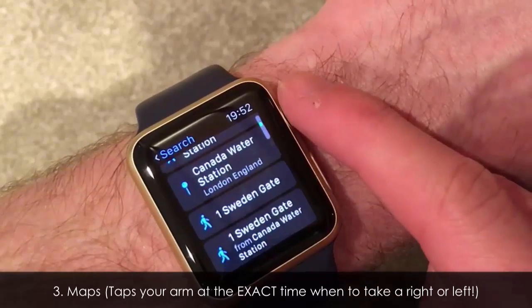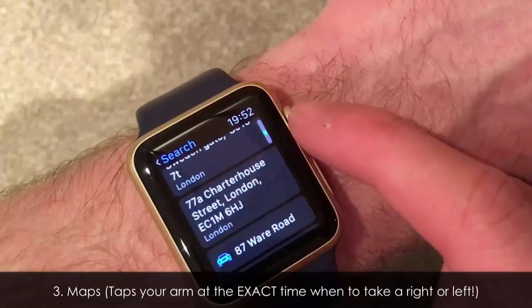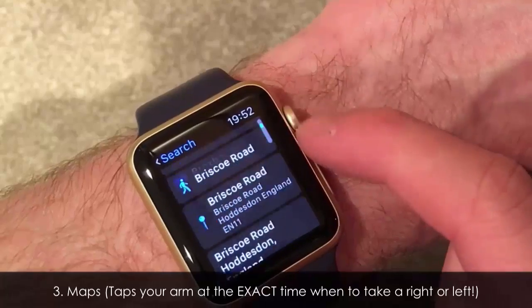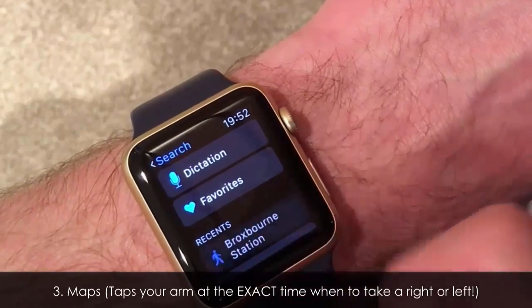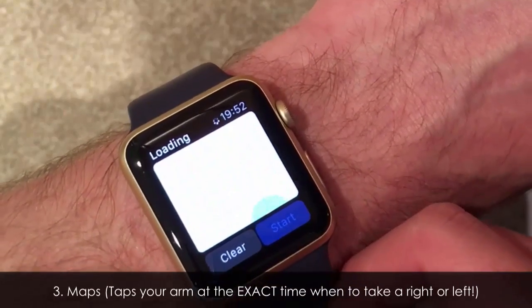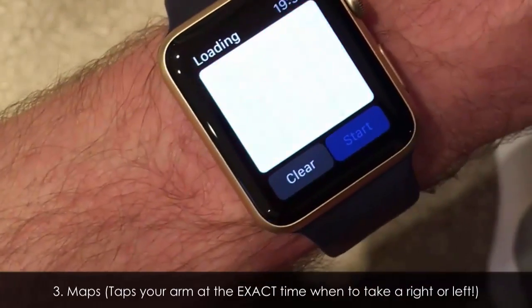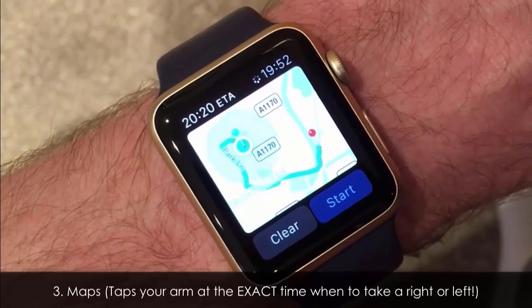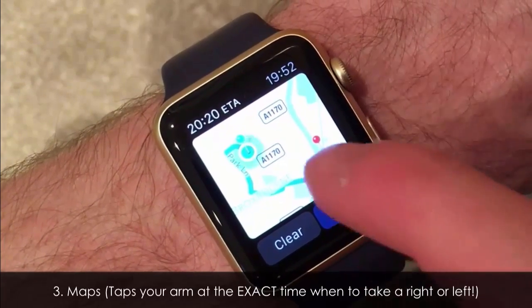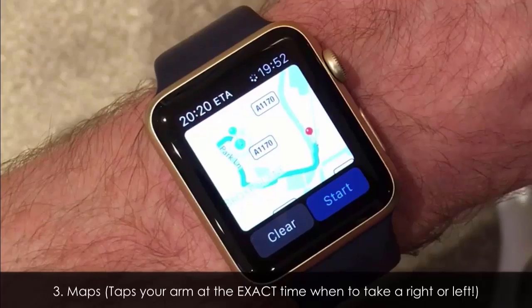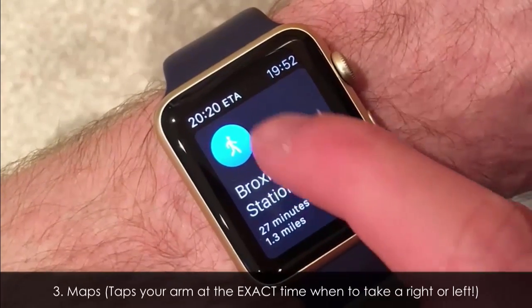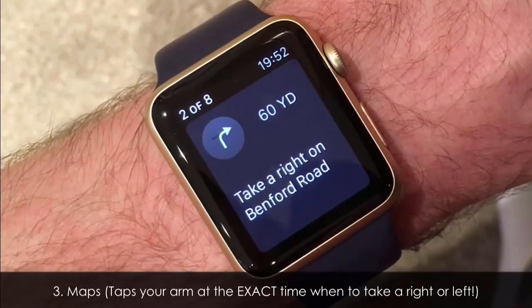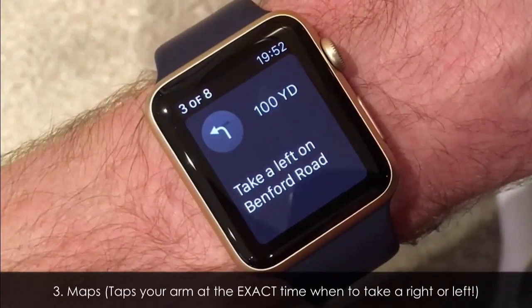obviously with the Apple Watch, and I like how it remembers all my recent destinations. So as you can see, I'm scrolling through all the recent places that I've visited, and I've selected Broxbourne Station, which is my local train station, and it loads up the map pretty quickly. I mean, it probably takes about 5 to 10 seconds to load up the map, but then it gives you the start option,